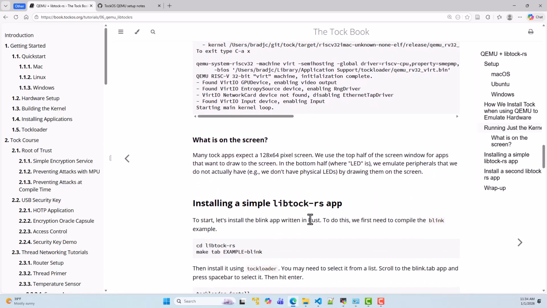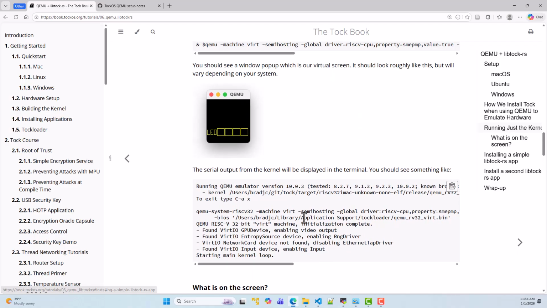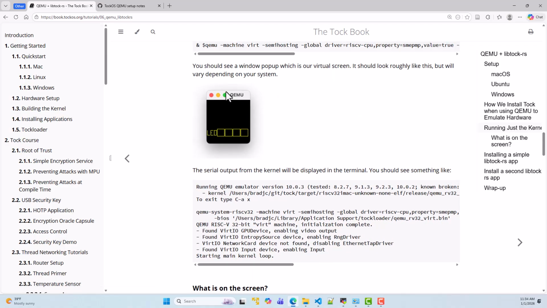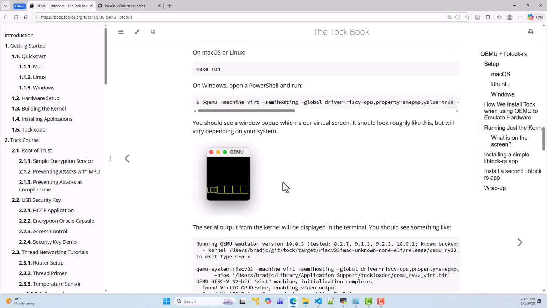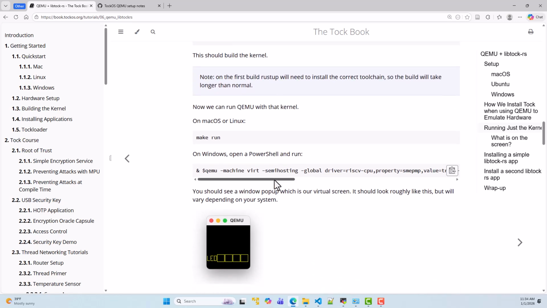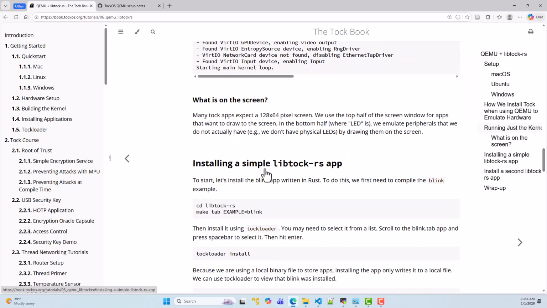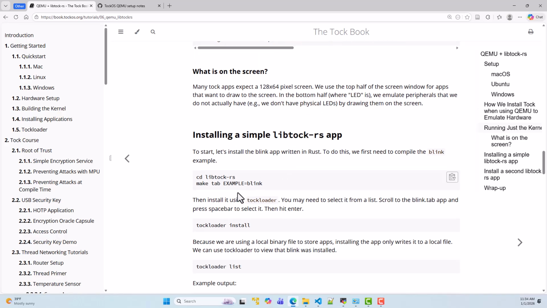Actually, this would show up without the app installed, so there wouldn't be any blinking when this is run. Then installing the actual app would be cloning this repository and then building the app,